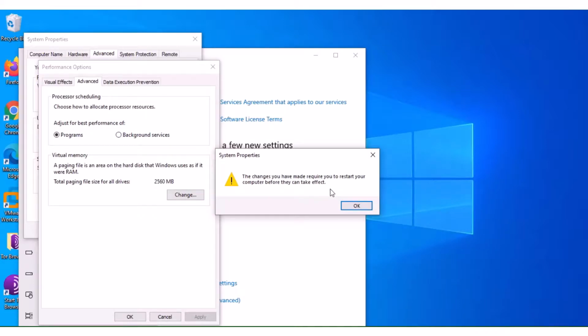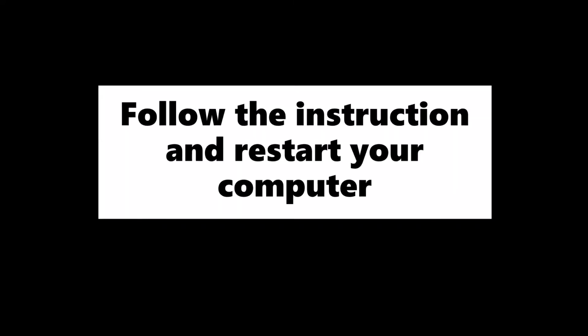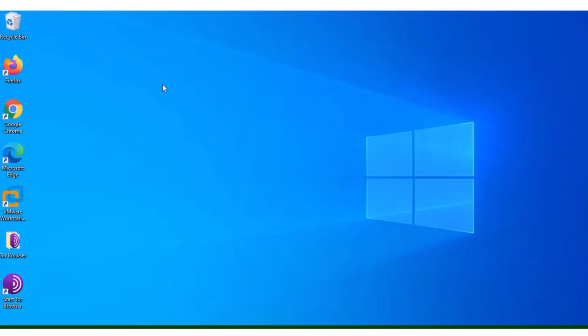Then it's going to give you this pop-up here. The changes you have made requires you to restart your computer before they can take effect. You have to click on OK. So once you're done with that,